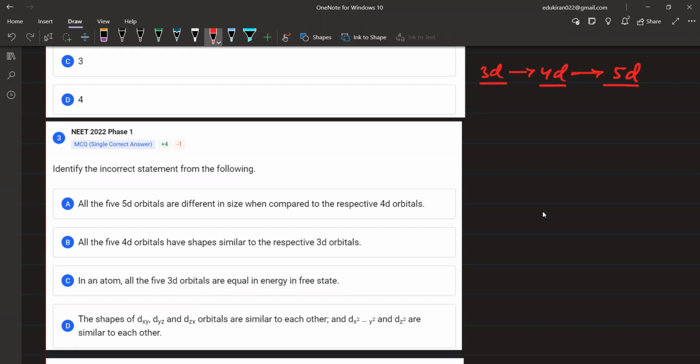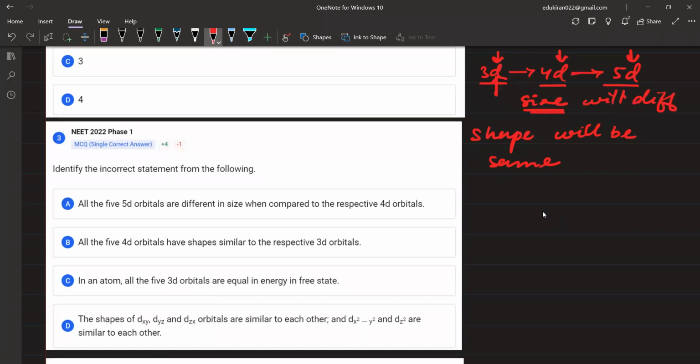3D, 4D और 5D में? The difference will be in terms of size. ठीक है? And shape क्या होगा? Shape will be same. Why the shape will be same? Because all of these are d orbitals. और shape के बारे में कौन बताता है आपको? Azimuthal quantum number. और अगर d के बारे में बोल दिया, then all the d subshells are same. अगर s के बारे में बोल दिया, then all the s subshells of any shell will be same. ठीक है? So shape will be same. Size will be